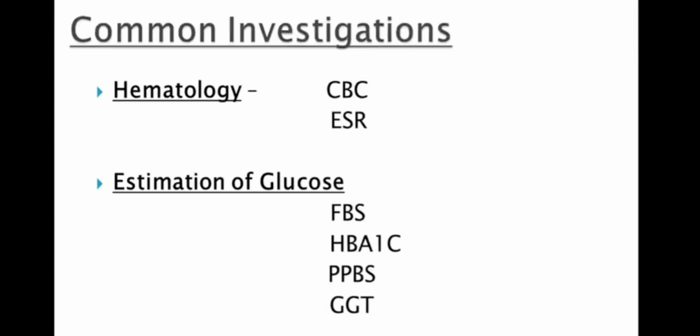The common investigations in hematology are CBC and ESR, and estimation of glucose is very important. That is FBS, HbA1C, PPBS, and GTT. See, the estimation of glucose: FBS means fasting blood glucose level, after 12 hours of fasting, and the value should be below 110. If it is between 110 and 120, then it will be IGT, and above